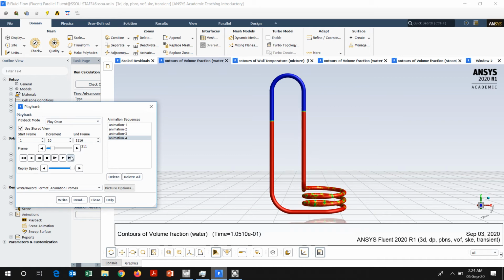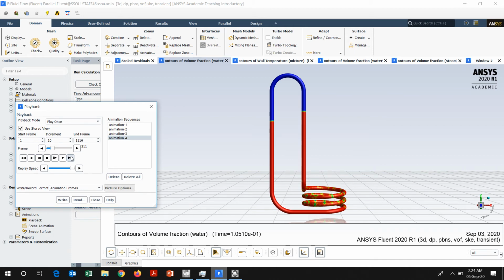You require a larger number of iterations in order to observe these alternate liquid and vapor slugs. In this case, somewhere around 90,000 iterations have been performed, and after performing 90,000 iterations, this kind of fluid flow simulation can be visualized.